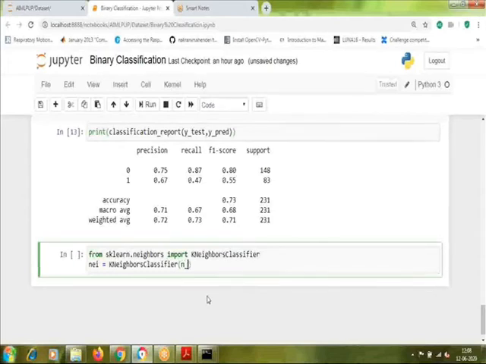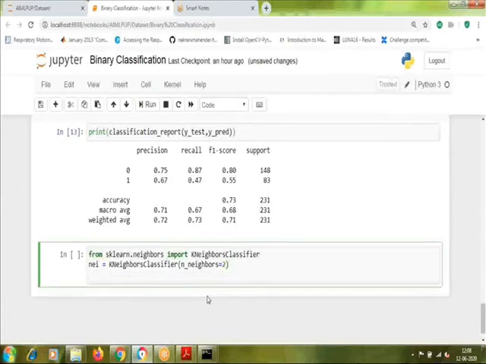Then for k-nearest neighbor, you need to specify what the k value should be. Here we are going to use k value as 2. So this initiates the model. Next is to train the model just by using the fit function.